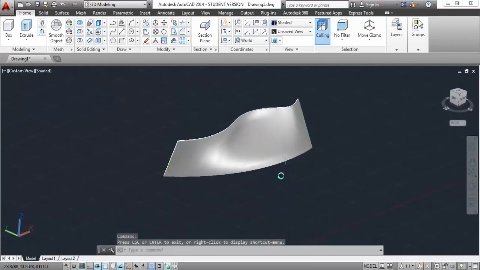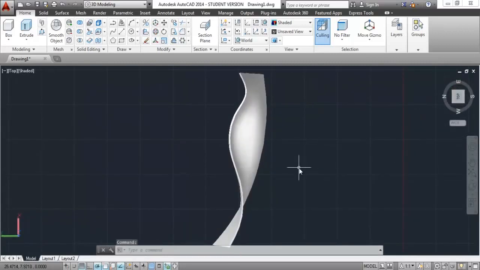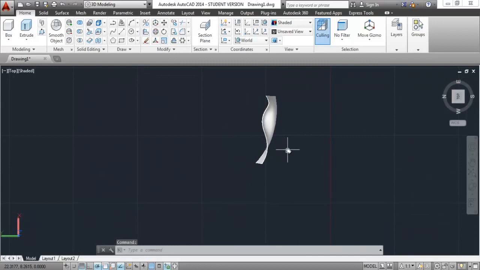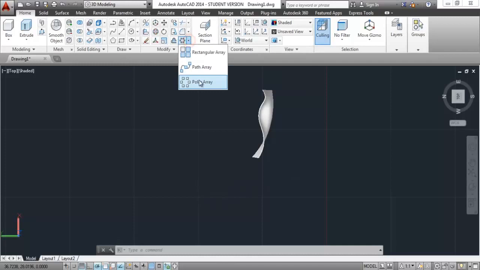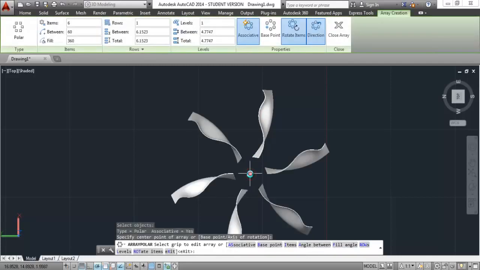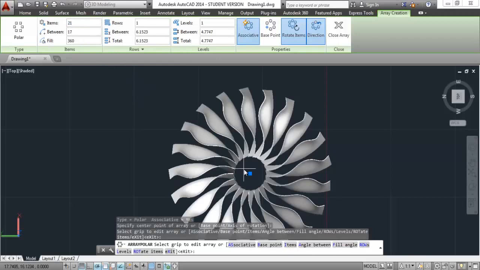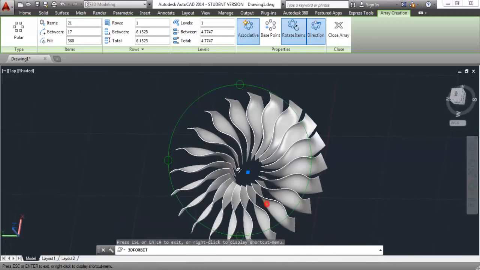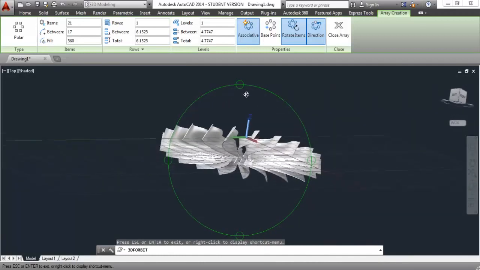Now let's array it. For making an array, I'll go to the top view, zoom it out and select the polar array tool from the ribbon. So go to polar array, select your fin, enter and click to a point at a certain distance from the fin like this, and enter number of instances 21. So the number of items should be 21 or anything close to that, but 21 seems preferable here. Okay, now here we have the array.